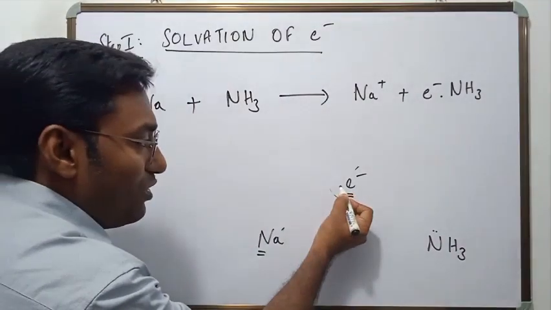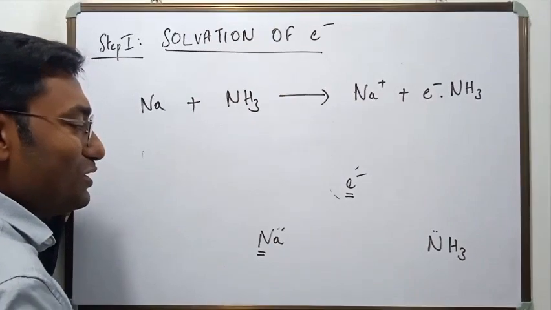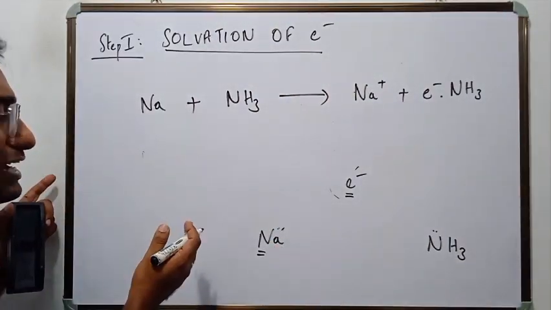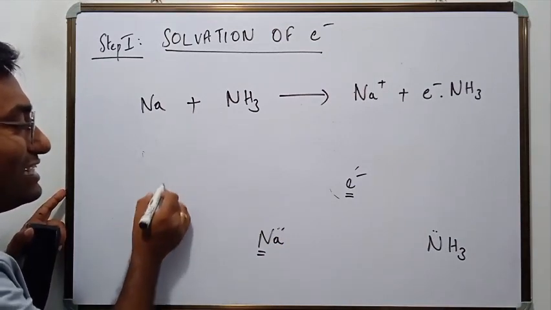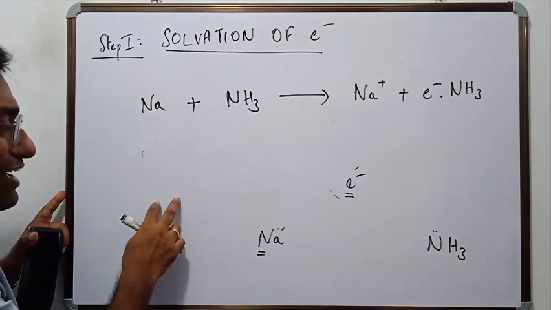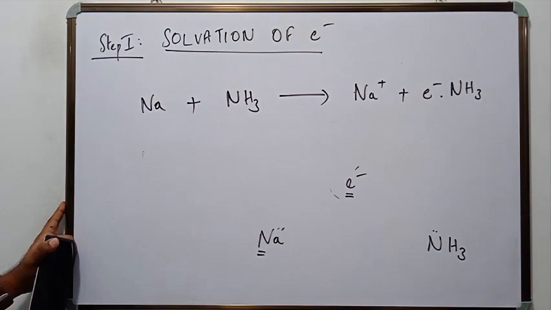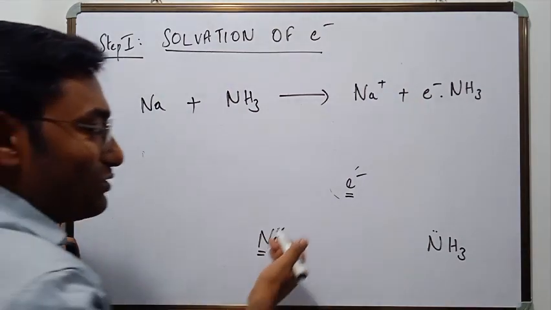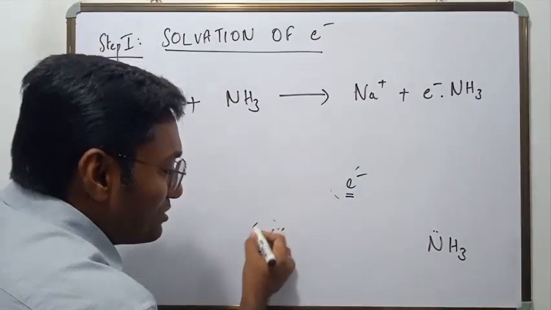Now the electron would never get attracted to the sodium nucleus. Why? Because sodium is electropositive in nature, and we have already shown why it is electropositive, right? Because it wants to attain octet configuration in the second shell. We have already seen that it wants to attain the inert configuration of neon gas. So it tries to take out its electron, and that is why sodium is electropositive. So now when the electron has come out of sodium, it would never go back to sodium because sodium is